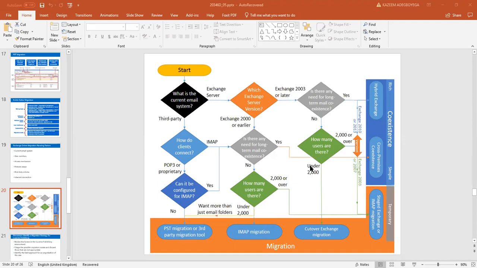Is it less than 2,000? Oh, if it's less than 2,000, don't worry, sir. We'll just do a cutover migration. We'll find one day when we have a long holiday, maybe 3 or 4 days from Friday, we can do a cutover, sir. So you ask again,